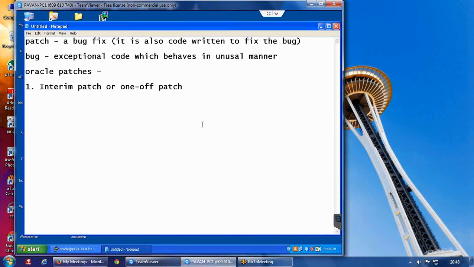If you want to fix a bug, suppose you want to upgrade your database or do something else, and at this point you may not be able to go and immediately change that, then you will have an interim patch for you.